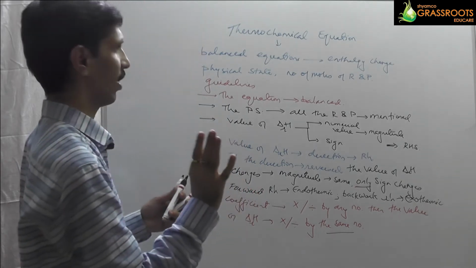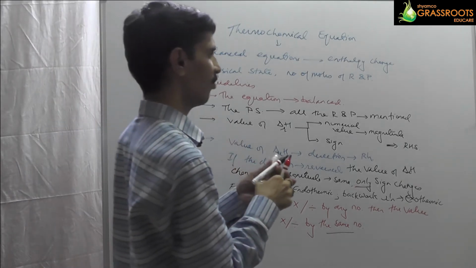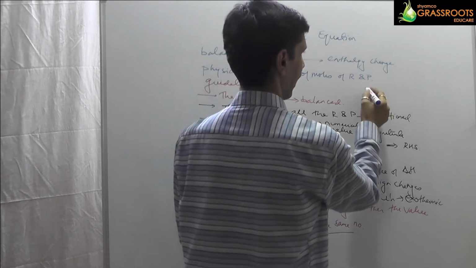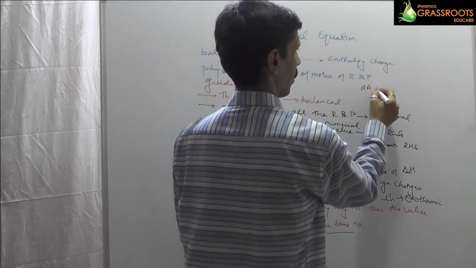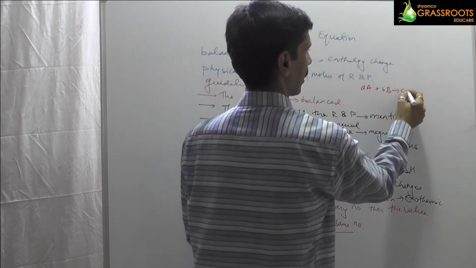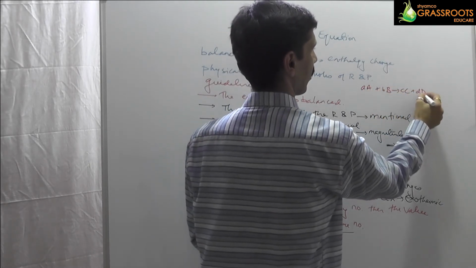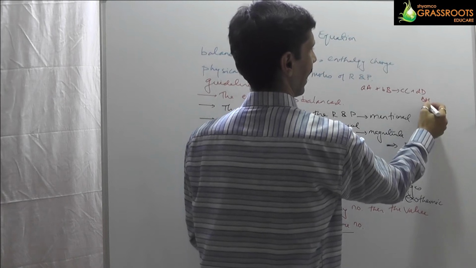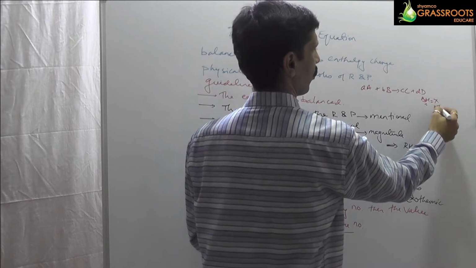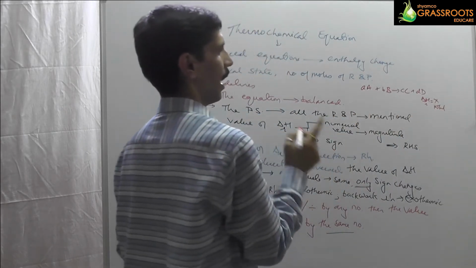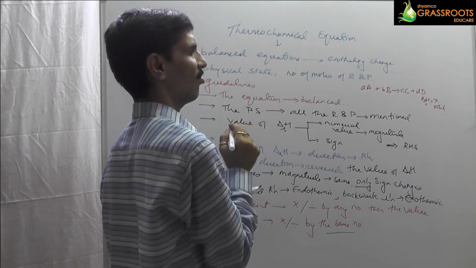So this is what we need to understand. Let us suppose I say that we have a reaction like A moles of A plus B moles of B giving you C moles of C and D moles of D, and delta H of the reaction is equal to say X kilojoules per mole. Okay, ऐसा मैंने दिया।